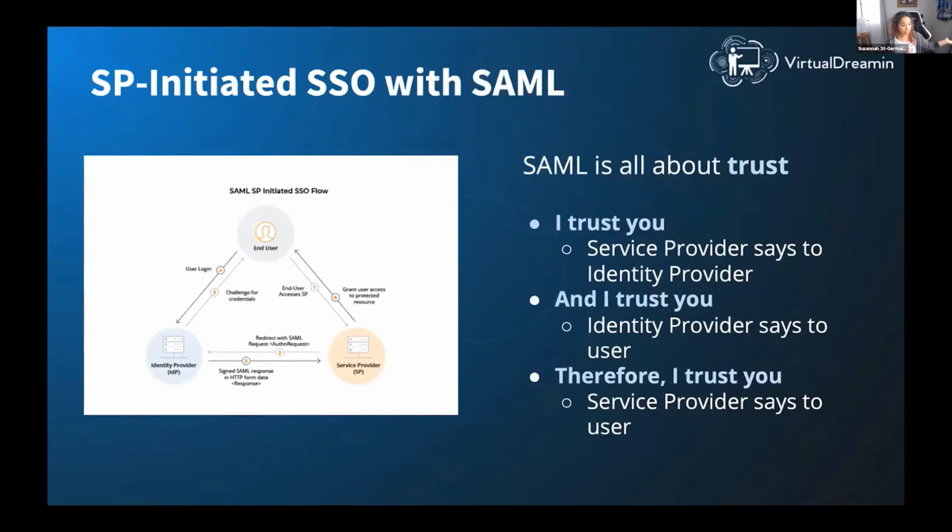In the real world, maybe it's Active Directory. I'm going to get prompted to log in if I need to, so I might get challenged for my credentials. Once I log in, or enter my password to Okta, say, or give my driver's license, my identity provider is then going to send what's called a SAML assertion or a SAML response back to my service provider,